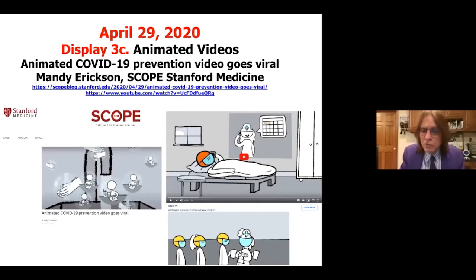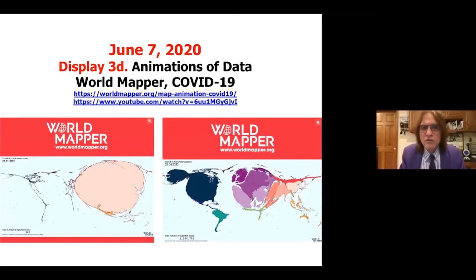The World Mapper tool is a tool that lets you see data in a world map. So the bigger the country, the more data there is. So it might be looking at things like the average life expectancy by country. And then the ones that are bigger or fatter would be places where people live longer. They might look at cancer and cancer rates, or they might look at literacy or public school spending on a world map. The World Mapper tool is a pretty cool tool, and it's free.